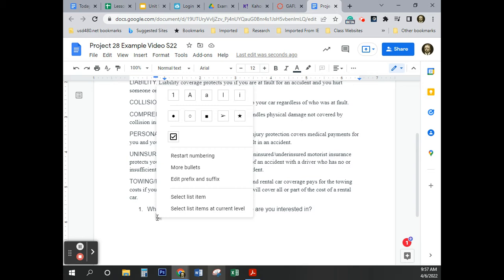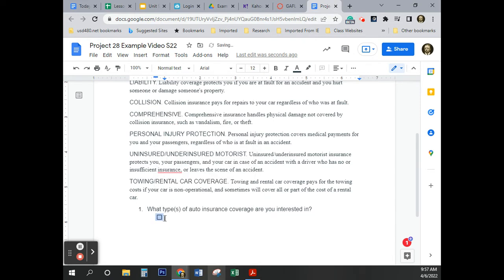If you're doing this on your Chromebook, you should be able to hold the Alt key down and click with the trackpad. Now the one I'm going to is this one here, the checkbox. Okay. Then I'm just going to click right here, type in, make sure your caps lock key is on at this point, type in liability,